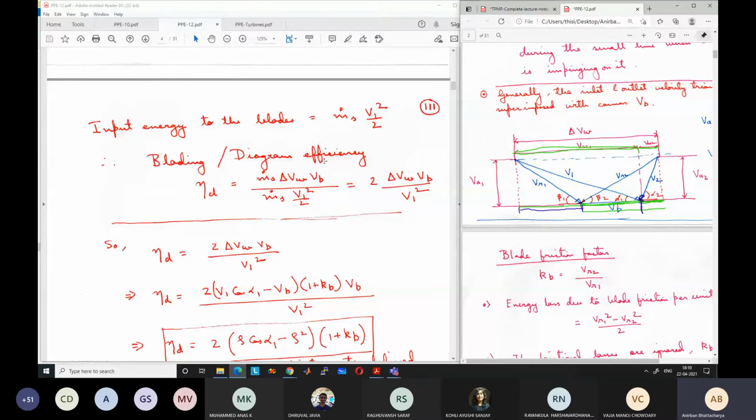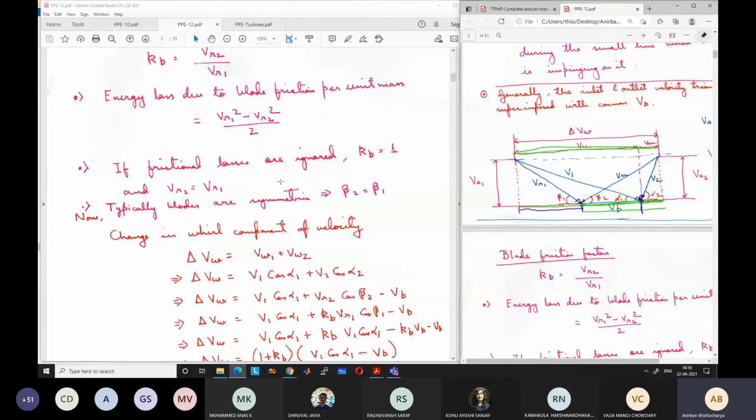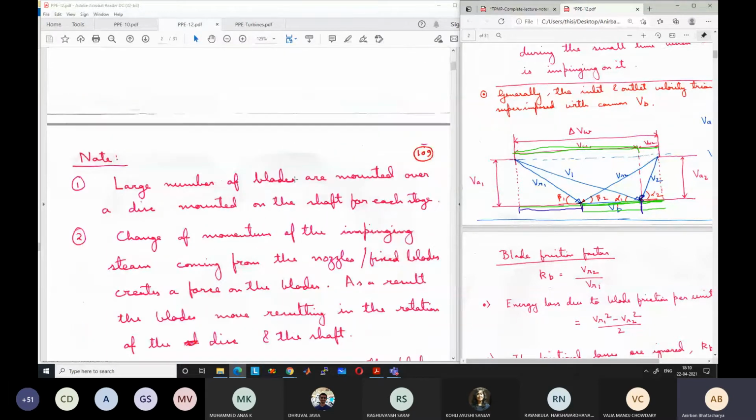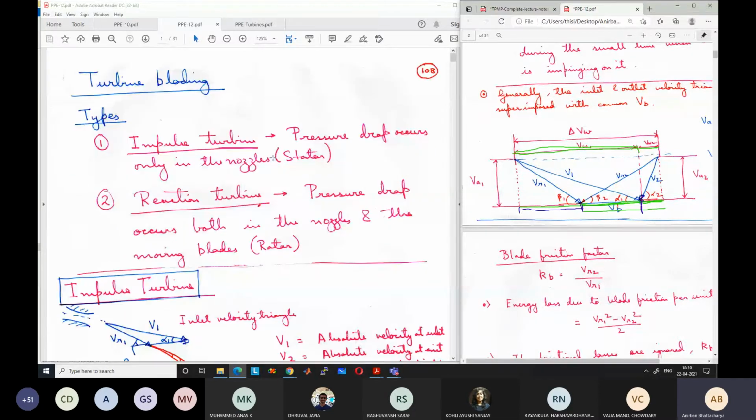The first type of turbine blade, we will come to how to calculate it subsequently, is known as the impulse turbine. I will show you some diagrams also of how it happens. In an impulse turbine, the pressure drop occurs only in the nozzles. What you are asking is whether the kinetic energy only decreases in the turbine blades. If so, the enthalpy remains constant in the turbine blades, so the only enthalpy drop occurs in the nozzles. Enthalpy drop is equivalent to pressure drop, basically meaning you are decreasing the pressure and temperature. That only occurs in the nozzles. So these are known as impulse turbines.